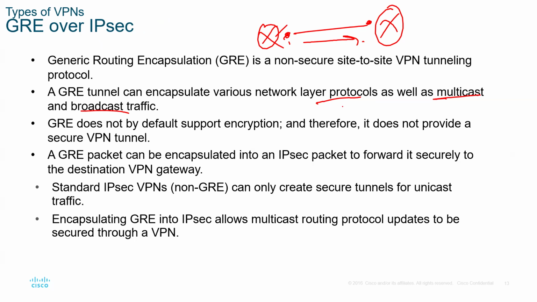We introduce GRE, generic routing encapsulation. So GRE is a protocol that supports multicast traffic. However, it is not secure. So you can see the combination here: GRE and IPsec can basically allow us to support multicast traffic and at the same time have security. So basically what you see happening is